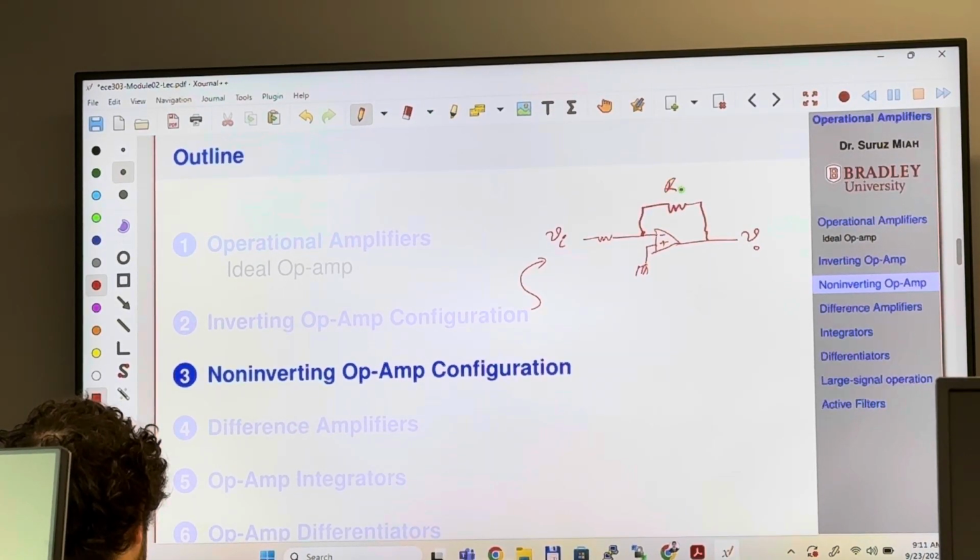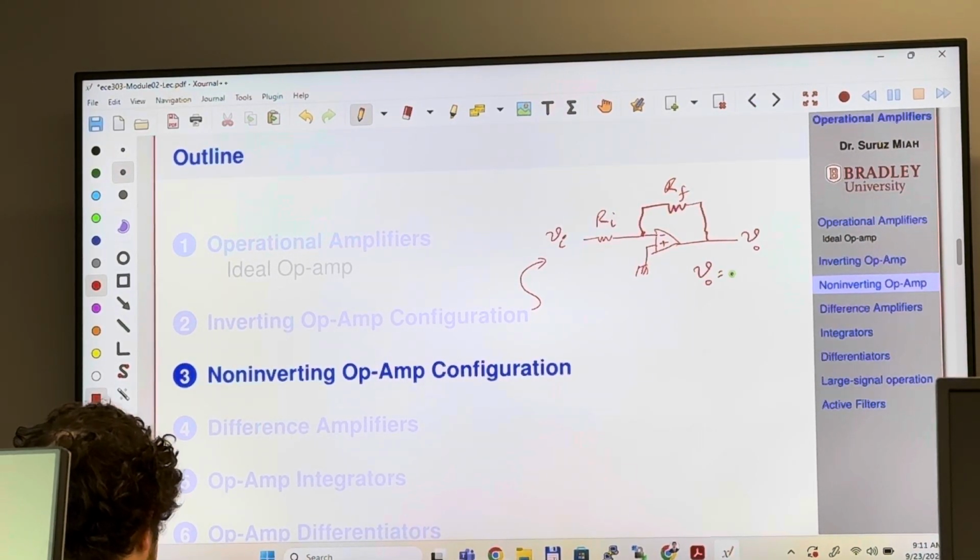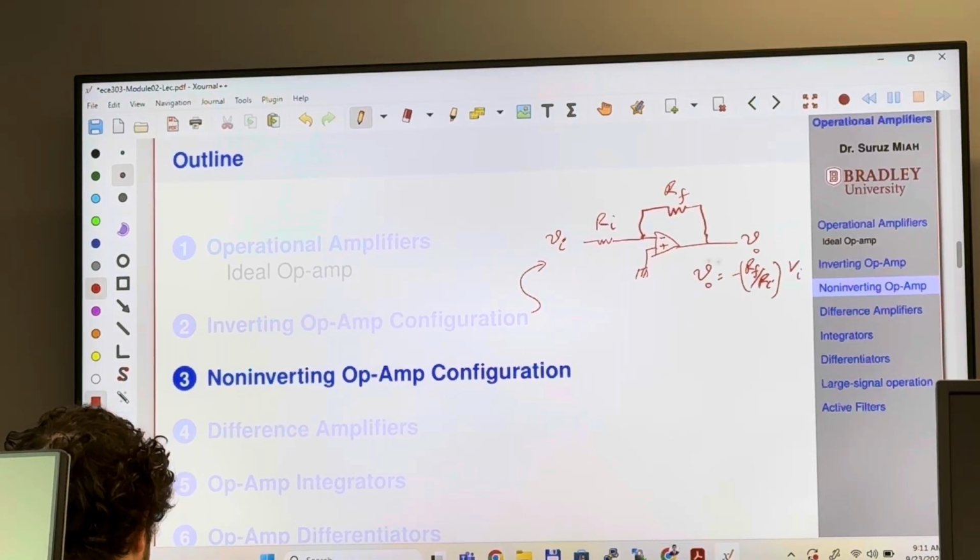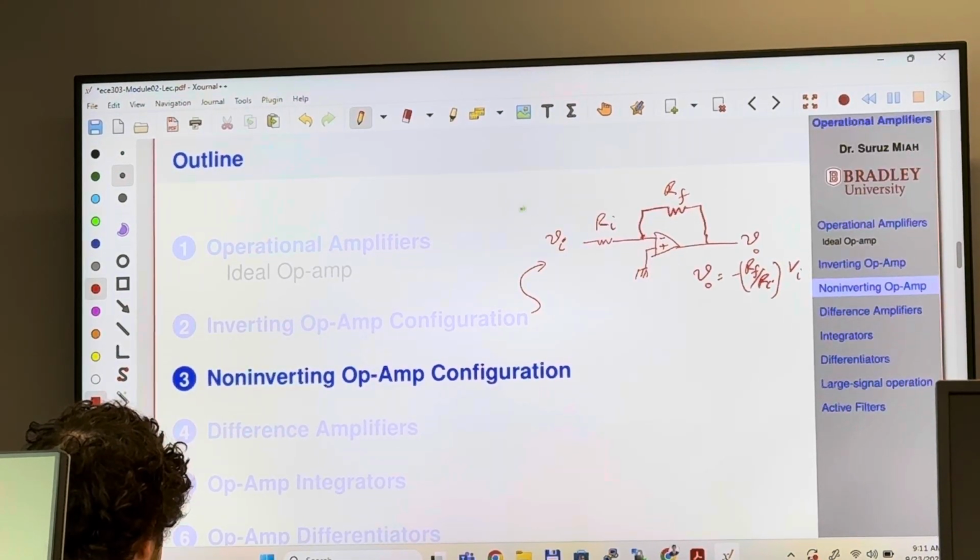If these two resistors, RF and RI, we have here, then the output is going to be negative RF over RI times Vi,